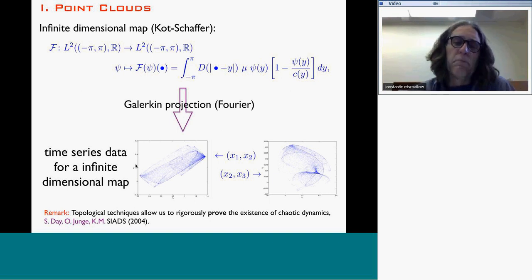So, a rigorous proof, but the idea that I would like to get across at this point is that in essence, one needs this cloud worth of data. So, what you should think of is that you have points. We did the simulations in 50 dimensions, but we actually did the proof using, depending on the part of the proof we did, 6 dimensions to 12 dimensions. All right, so it's a point that's obtained by taking